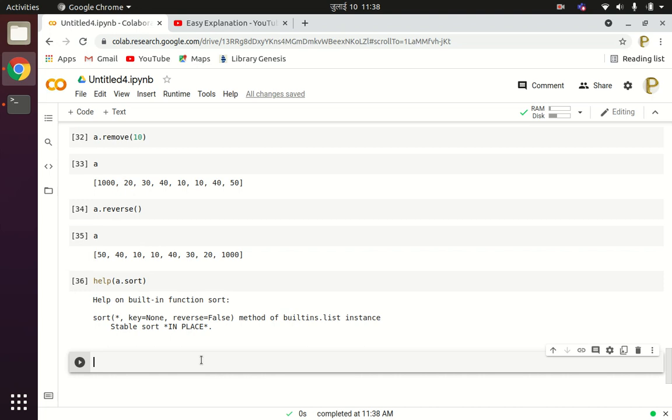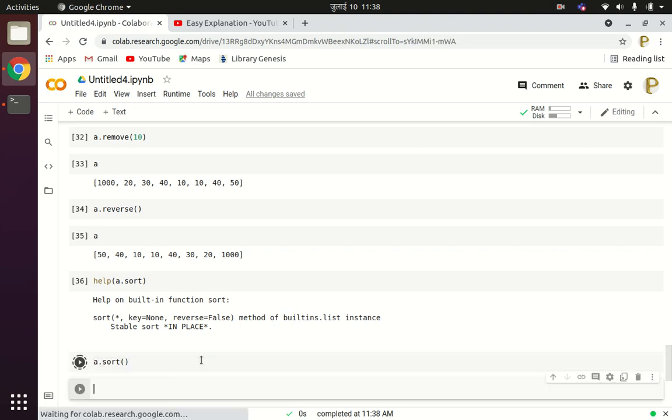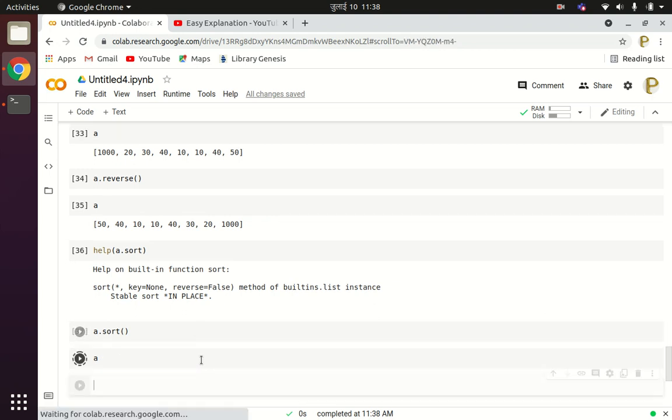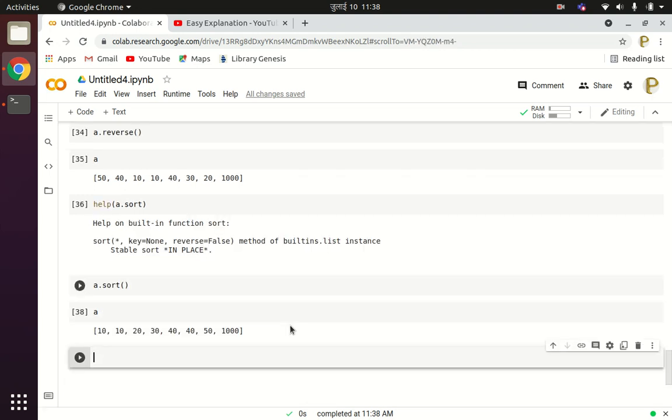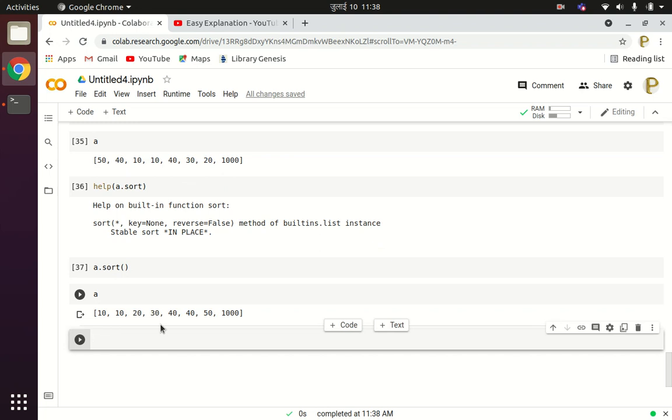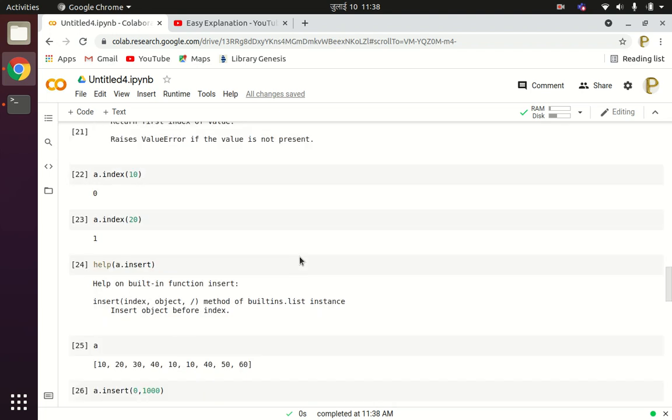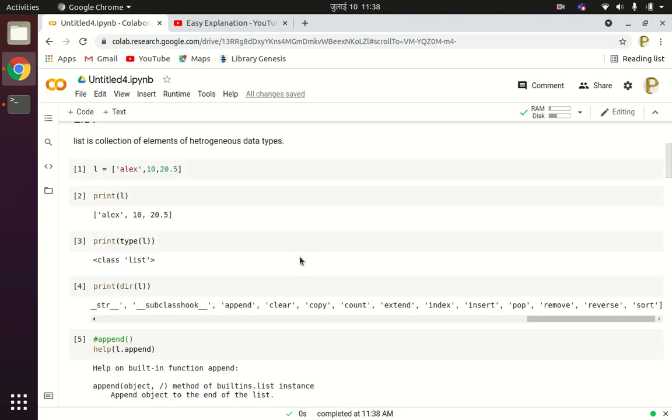So if I write a dot sort and see the value of a, now this list has been sorted in ascending order. So these are the built-in methods available in the Python programming language for the list class: append, clear, copy, count, extend, index, insert, pop, remove, reverse and sort.